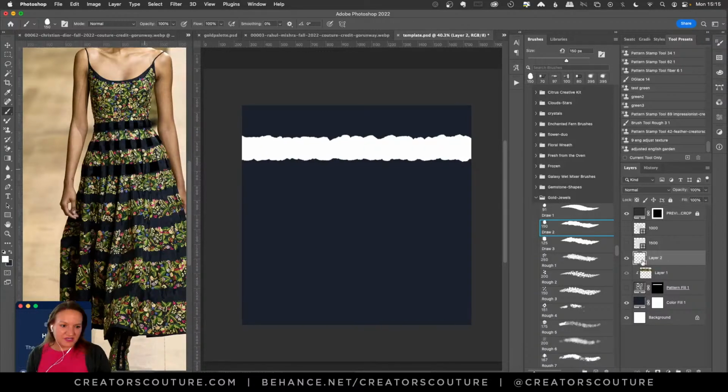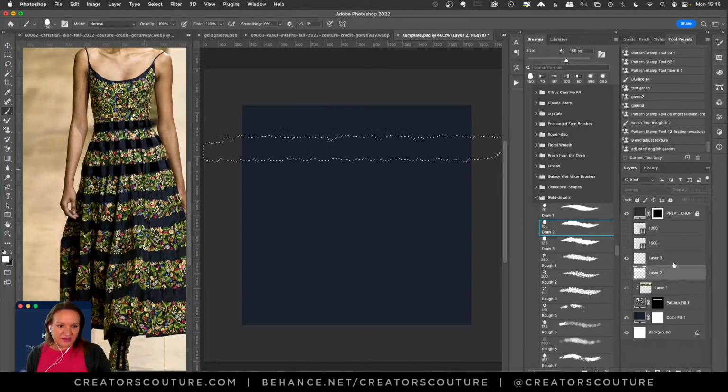So now I can use this as a selection. So I'll make a new layer above that. I'm going to click on that layer, Command-click, or Control, I think, on a PC. And then I use that layer as a selection. And then I'll just grab some random